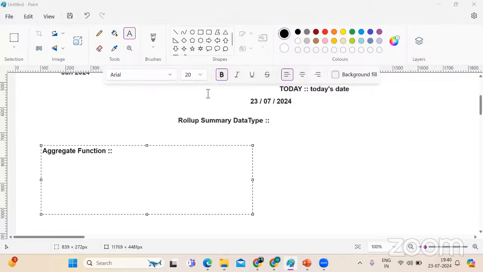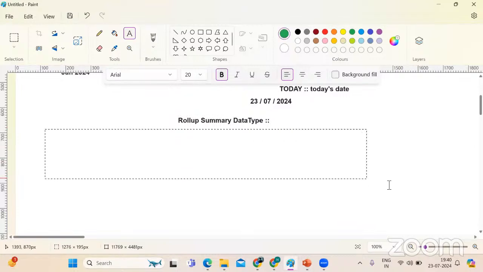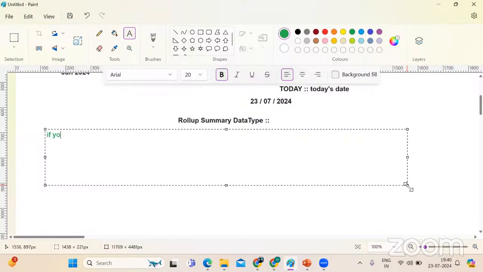In an aggregate function, you can store sum, max, minimum values. In Salesforce, we have roll up summary field. What is the use of roll up summary field? If you want to calculate,